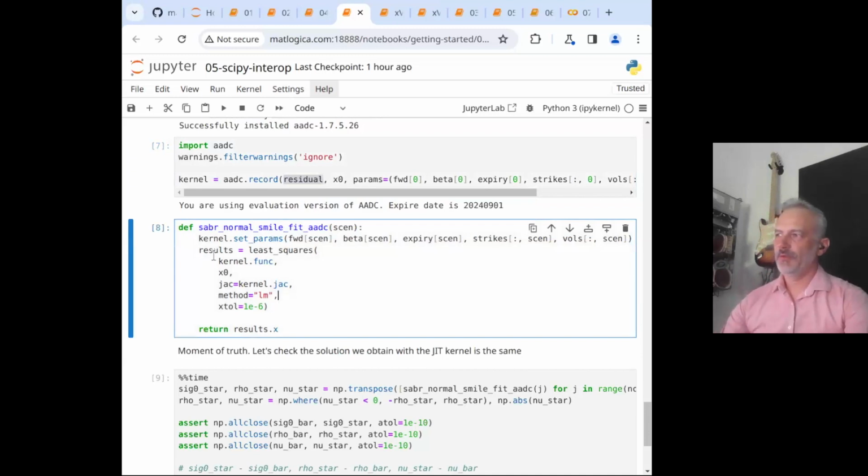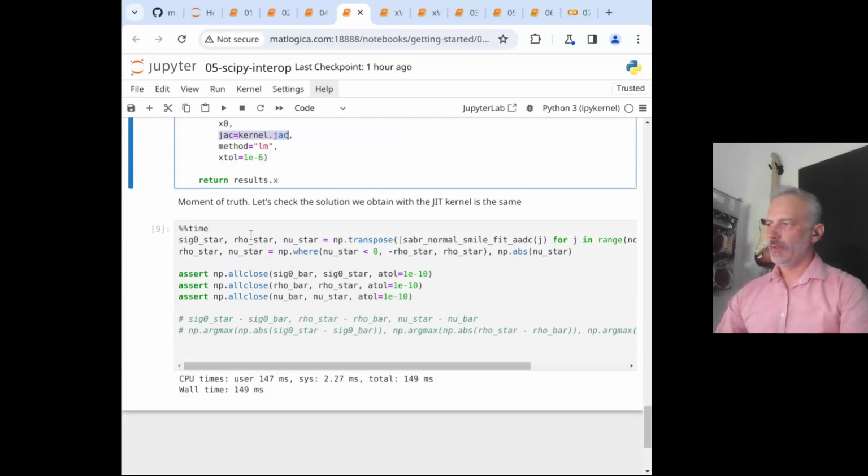So here we're running the least squares minimizer from the SciPy package. We use our recorded ADC kernel as the goal function, and we also have a Jacobian computed for you by ADC.